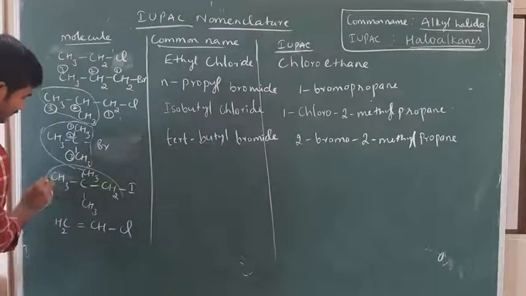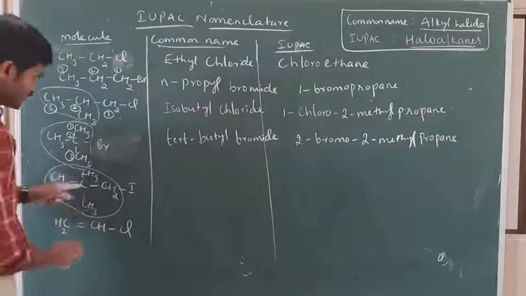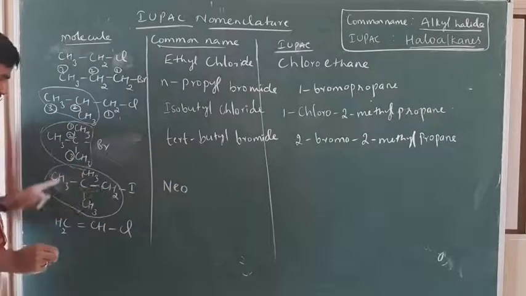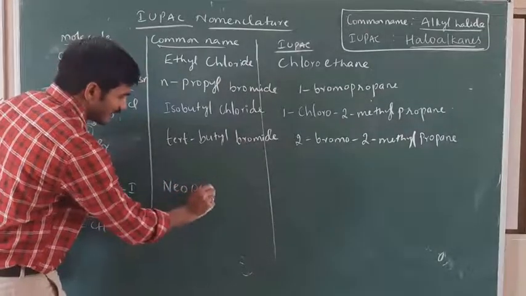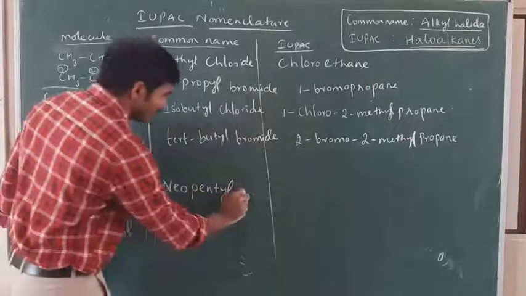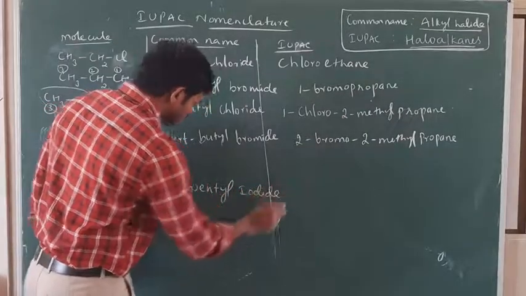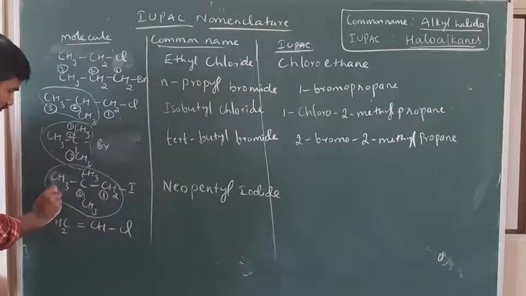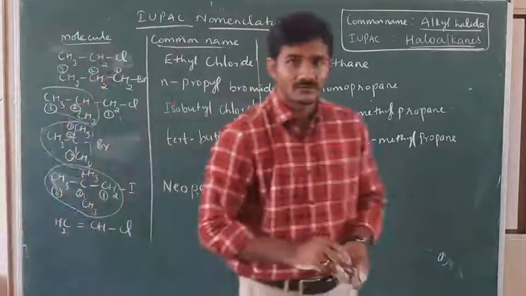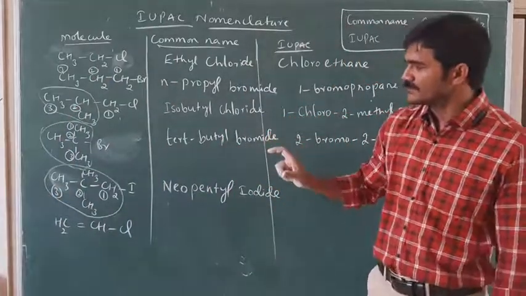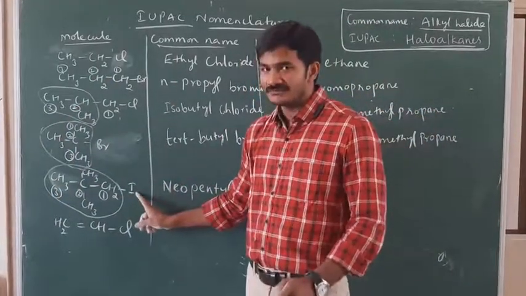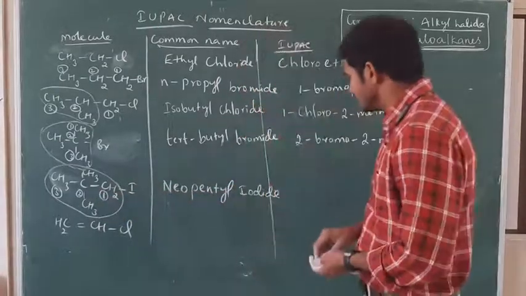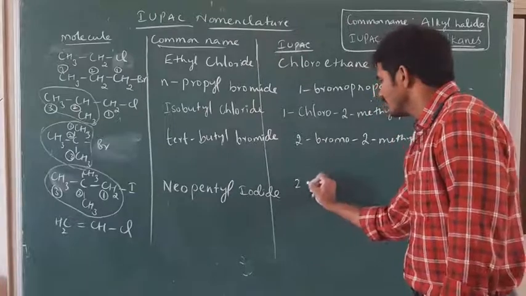And this term can be taken as what? A tertiary carbon extended with 1 carbon is said to be neo. All together 5 carbons are there. Pentyl. Here we have the halogen iodide. For the IUPAC name, numbering we give 1, 2, 3. Okay. At the second carbon we have 2 groups, and at the first carbon we have 1 iodine. So alphabetical order: iodine first, methyl next. So I write here 1-iodo.